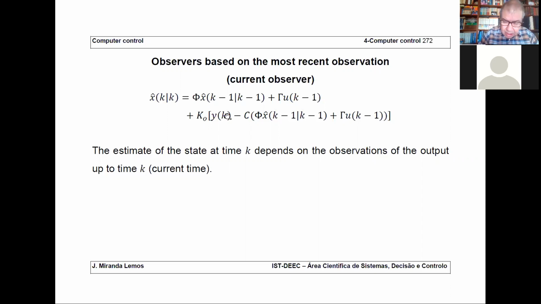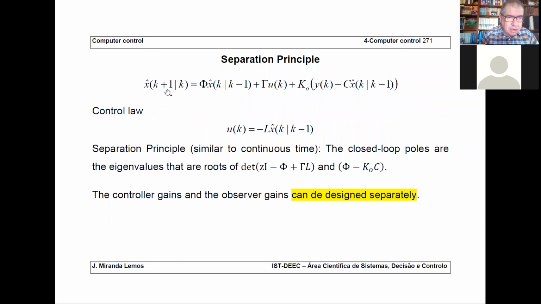So let's go back to the equation of the observer. Now, if you replace k plus 1 by k, you get x hat of k given k minus 1 equals x hat of k minus 1 given k minus 2 plus gamma u of k minus 1 plus K0 times y of k minus 1 minus C x hat of k minus 1 given k minus 2. So you have here, remember, we have delayed everything by k, so I have here x hat of k depending on the previous variables. Now,